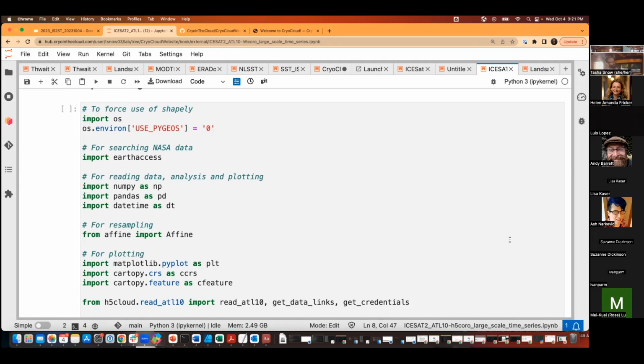We're going to use Earth Access. I'm going to be using NumPy. I'm going to be using a few features from Pandas, this utility called datetime, and then I'm going to be doing some resampling to a grid, and affine matrices are really useful for doing that kind of resampling work. So I'm going to be using this affine object from that library, and then usual suspects, matplotlib and cartopy